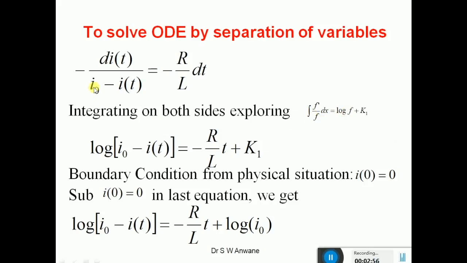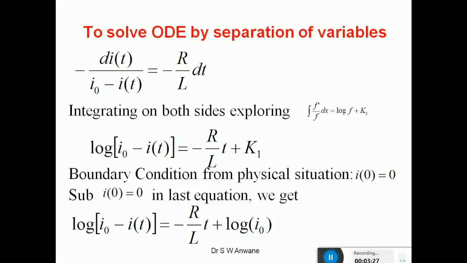So here I0 is a constant steady state value minus I(t), a functional quantity, and the derivative of I(t) is -1, which is accommodated here. So integrating both sides, we get log of (I0 minus I(t)) equal to minus R upon L times t plus K1. K1 is a constant which can be evaluated from the boundary condition,